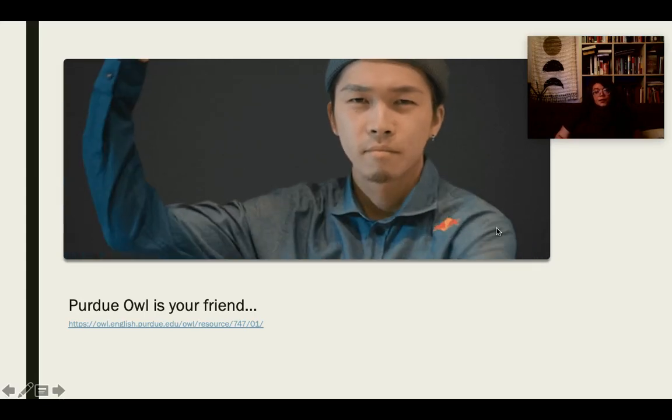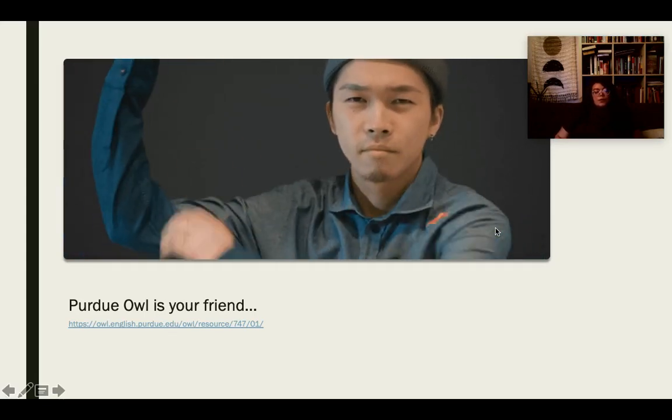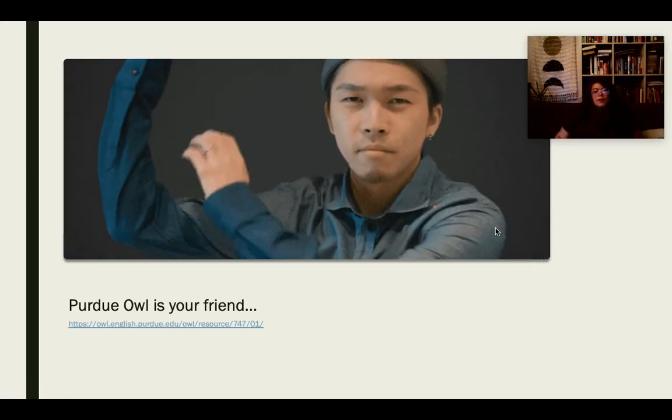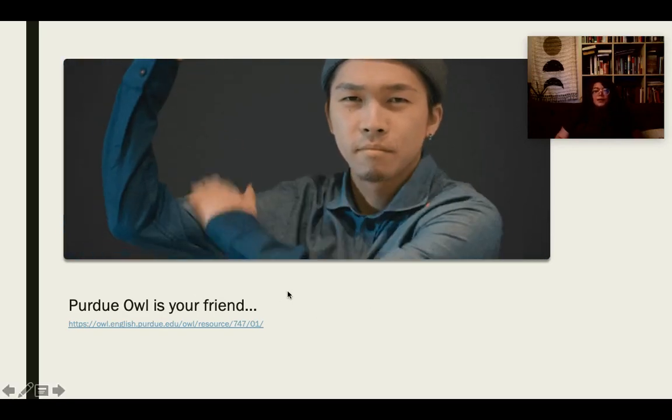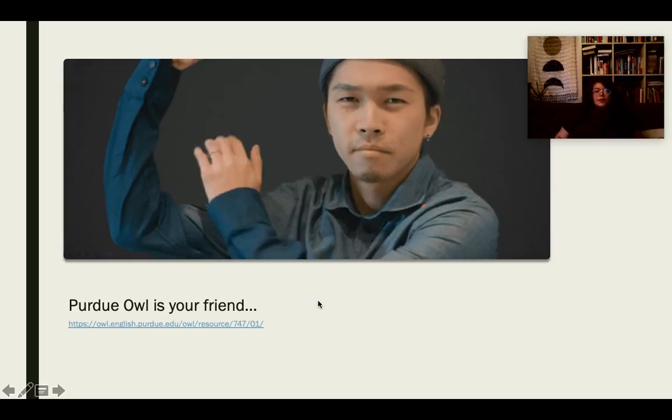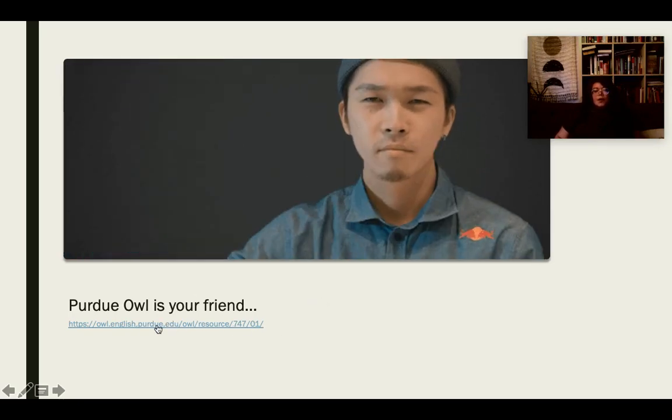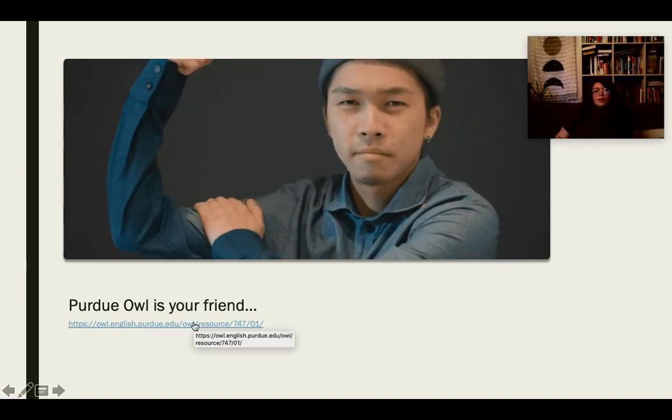To conclude, right, if you're having issues or if you just like to be able to consult something, one I use a lot is Purdue OWL, right? It doesn't have every single source on there, but it has a lot of sources on there. And these are all credible and correct, so you'll find only correct information on Purdue.